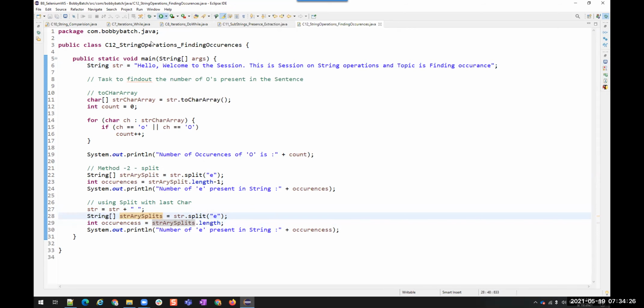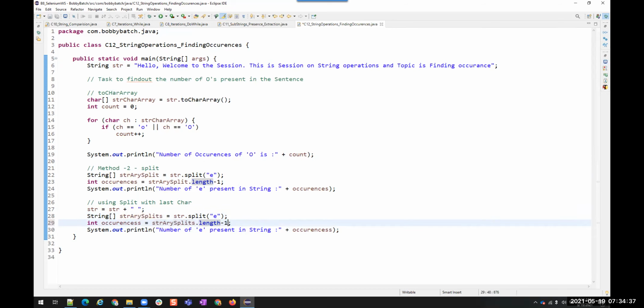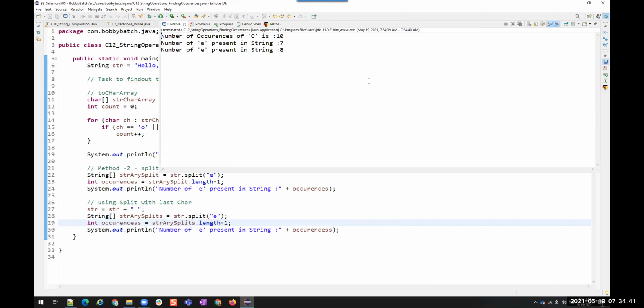Now see it. See, it is giving 7. Do we have 9 each? Oh, -1. Forgetting this -1 always. Now this is giving 7, which is wrong. This is giving 8, which is the exact position. Right?